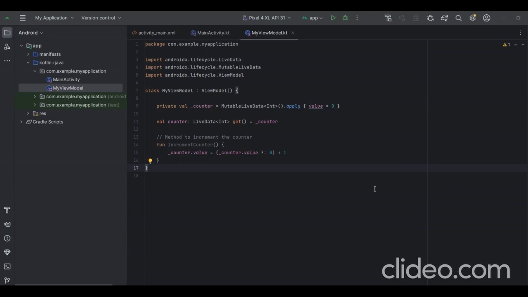Here in the playlist of scenario-based questions, I will be discussing how LiveData works internally, and then we will be discussing creating a custom LiveData on our own. So it is a general